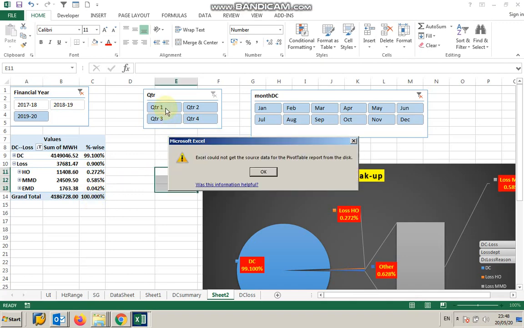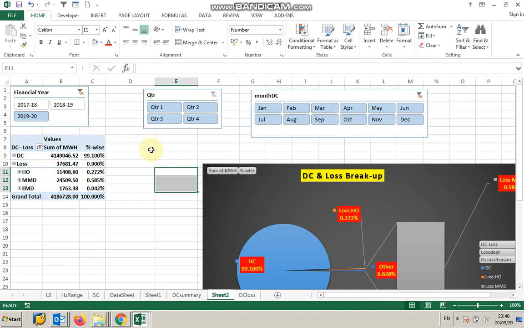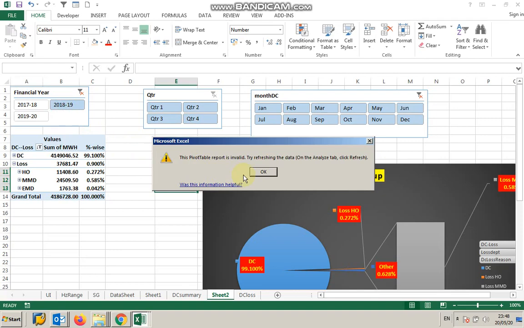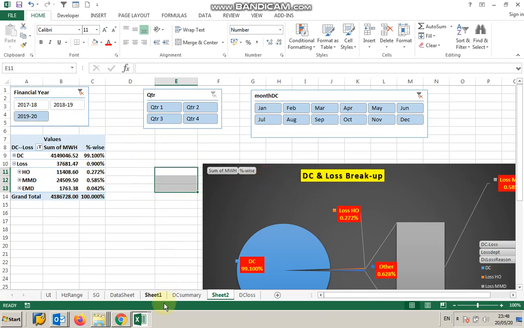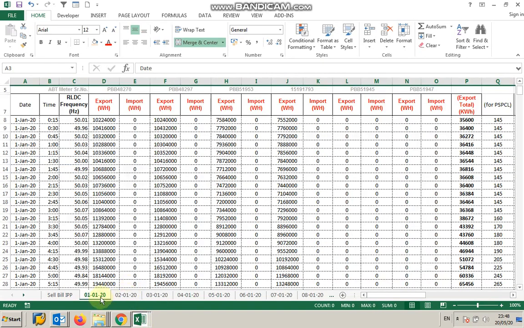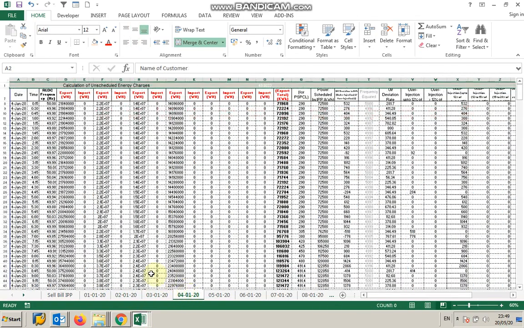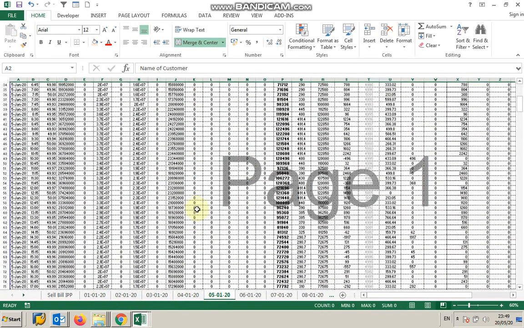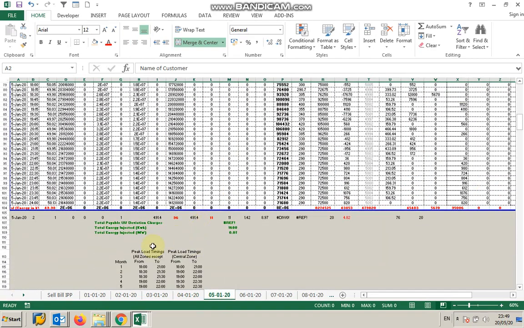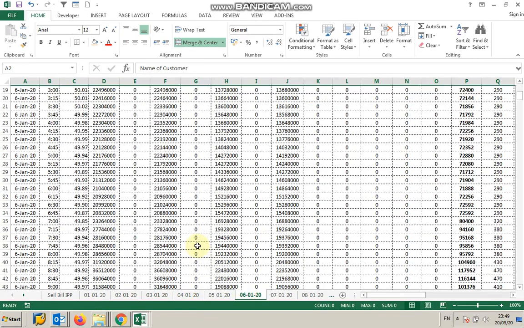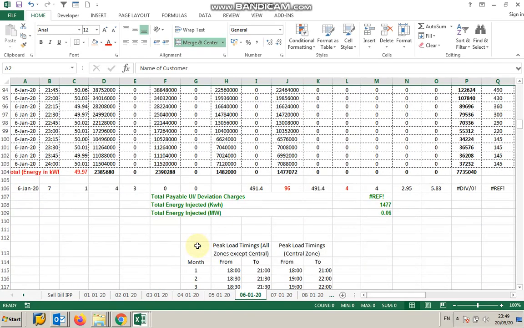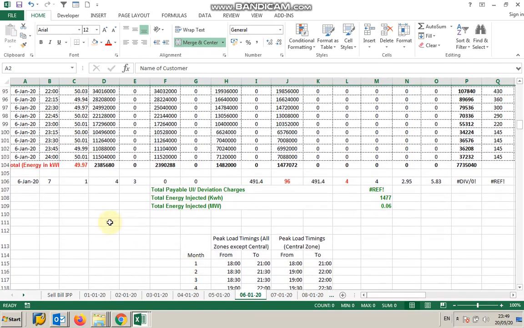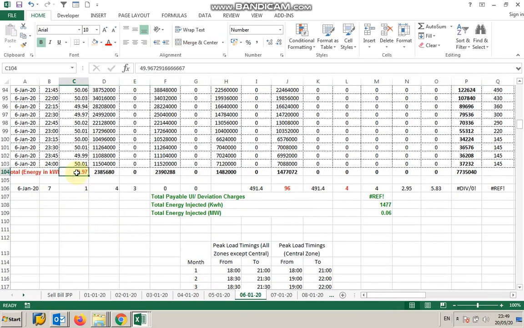But if you maintain the data in a non-structured way, just see this example. For each date there is a data. For each date there is one separate sheet. So how can you maintain what is the month average, month maximum, all these things? It is also very difficult to maintain this. And at the end of the sheet there is a summary, all these things in each page, each sheet that is there.